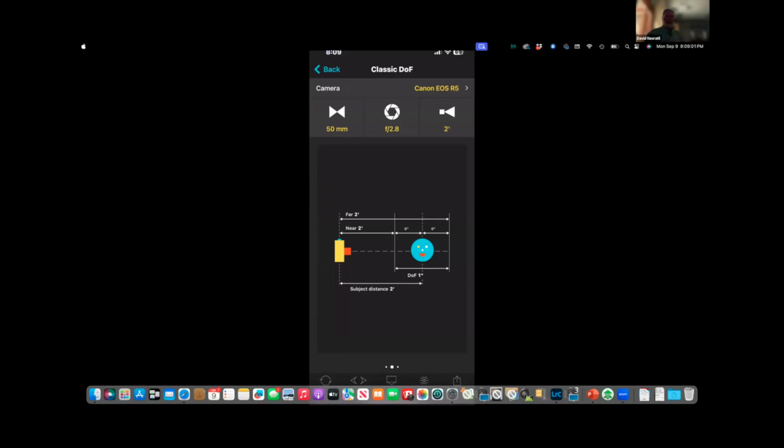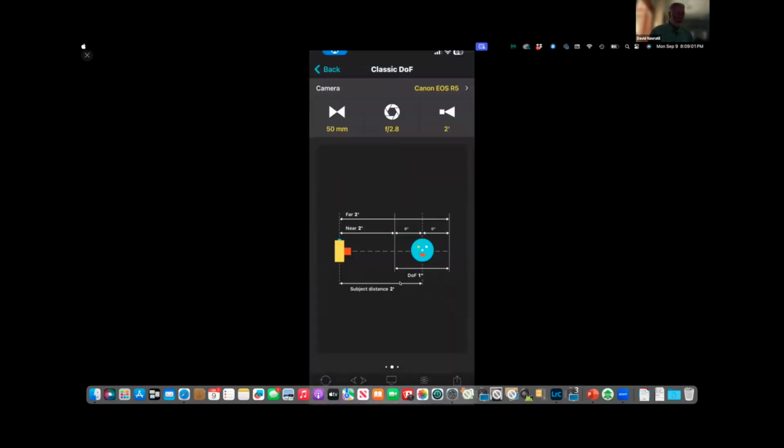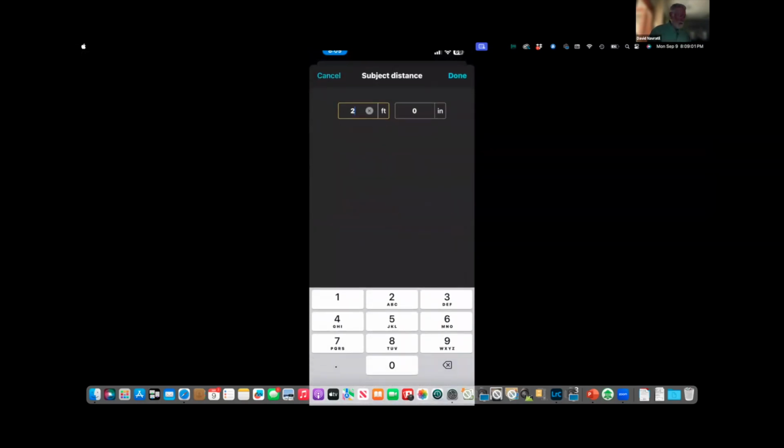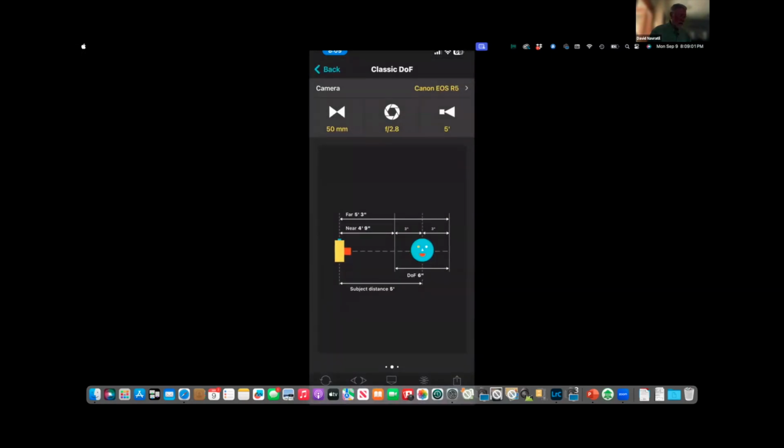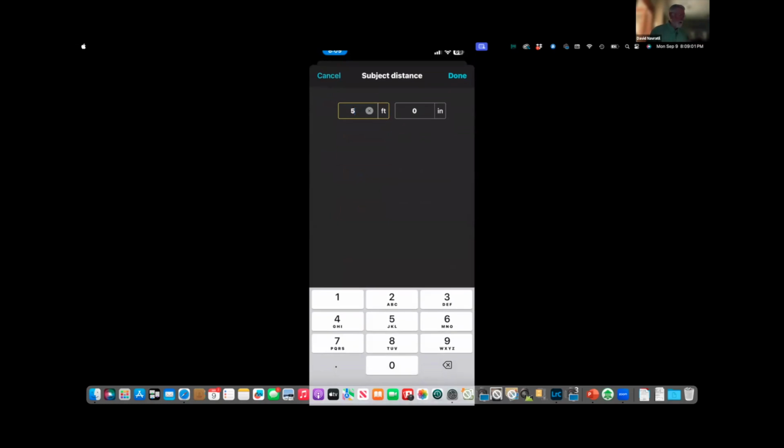So let me make a big change here. I'll move this out to, let's say, 5 feet. You've got a 6-inch depth of field, but if you suddenly have another subject that you want them both in focus,